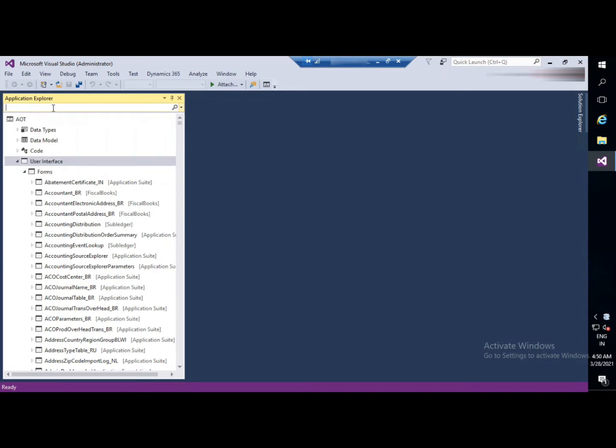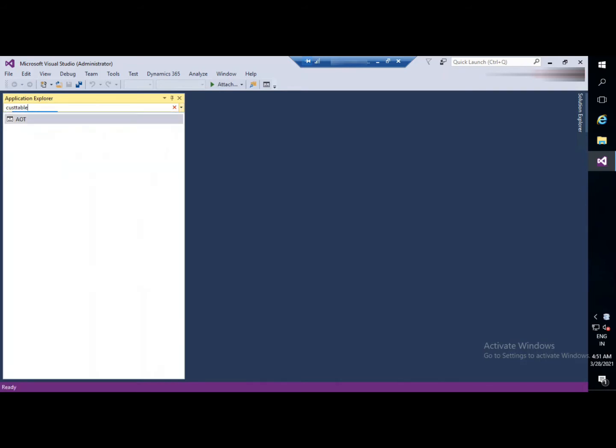For example, if it is CustTable, just click enter. You will be finding it with that name. Whatever table or form we have, that will be displayed here. Let's see.